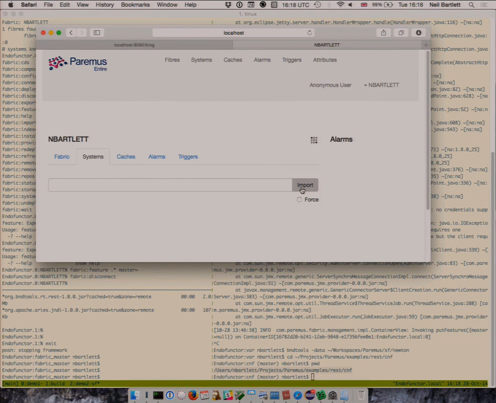I'm importing a system which needs to have two managed components, two parts. And it seems to be going rather slowly. Is this the network? It's a bad day for live demos. At least my screen is working. That's not always been the case.